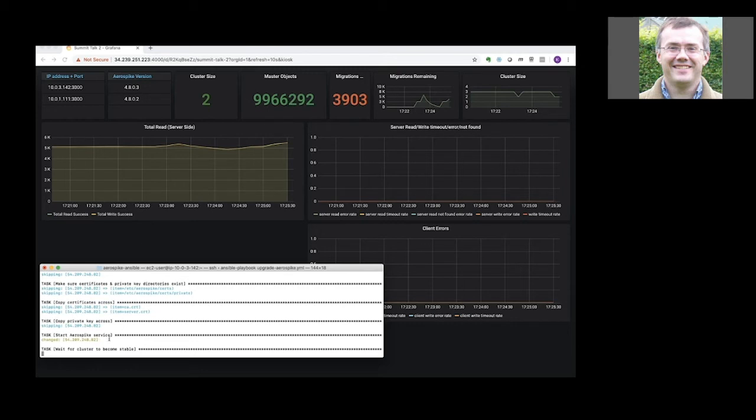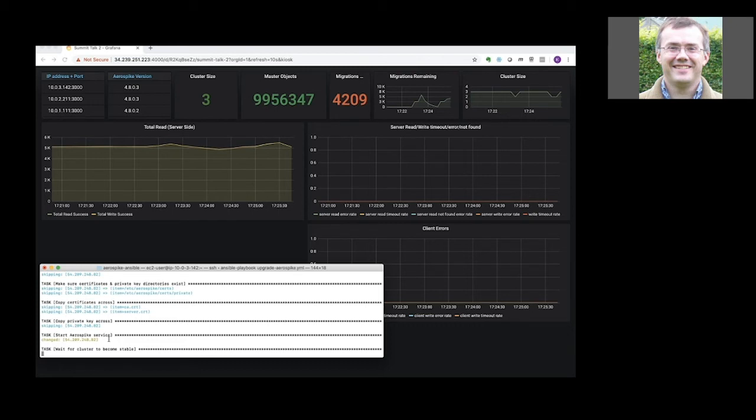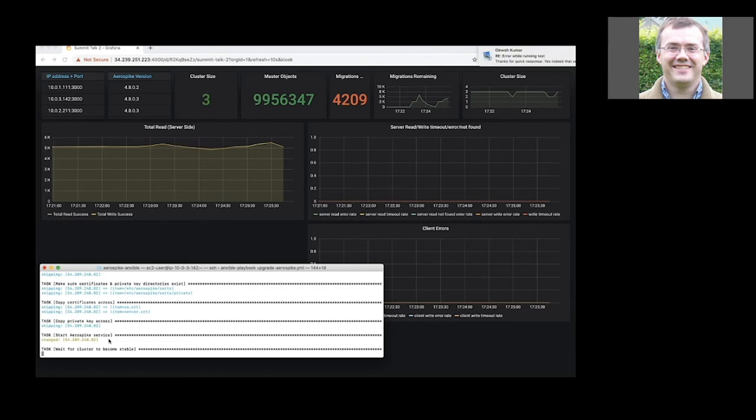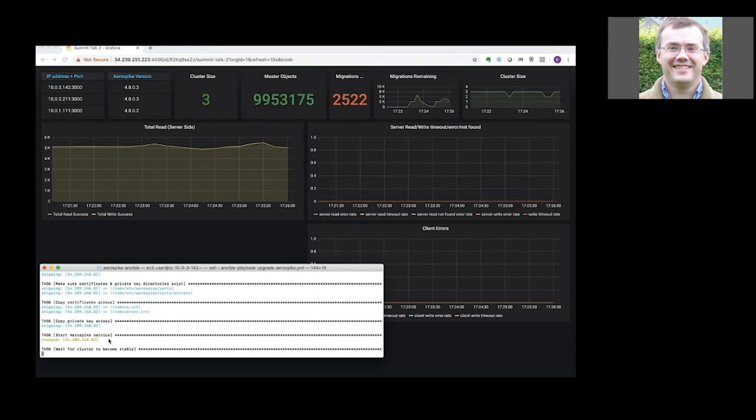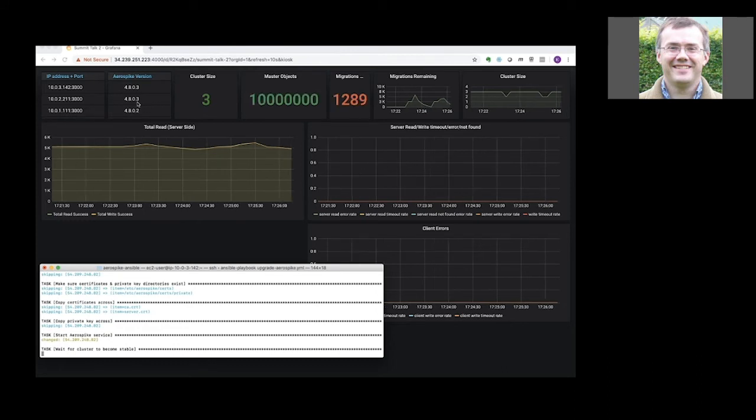So we can see here, at the bottom, that we've brought the host back up. We just waited for the cluster to stabilize. We're just waiting for the migrations to complete. As before, it's delta migrations. It's all the content that went into hosts 1 and 3 that would normally be mastered on node 2, and that is now being migrated back, given that the node is now being restored to the cluster. We can also see that the version number for node 2 has also ticked up by 1, so 2 hosts are now running